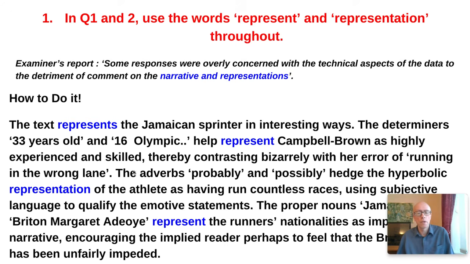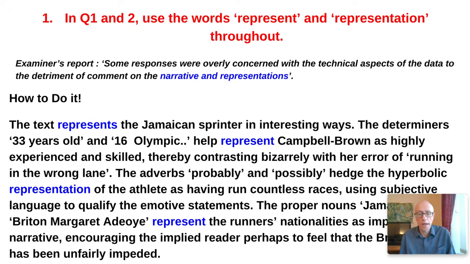wrong lane. The adverbs, probably and possibly, and notice how I never say the words, I always identify the word class. So the adverbs, probably and possibly, hedge the hyperbolic representation of the athlete as having run countless races using subjective language to qualify the emotive statements. So it's quite interesting that, isn't it? Probably and possibly. You don't usually see that in newspapers. So it's sort of toning down some of the more exaggerated claims that you might have inferred from the opening